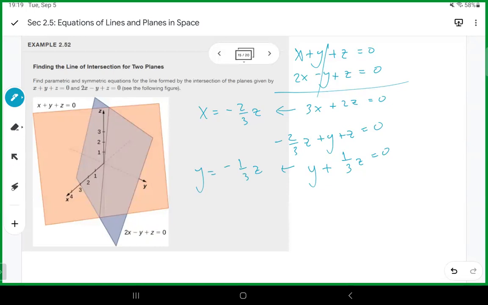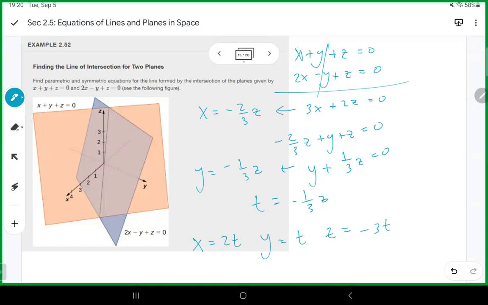So we choose to define the parameter t as t equal to negative 1/3 z. So if we do that, then we can write the following. We would have x equals 2t, y equals t, and z equals negative 3t